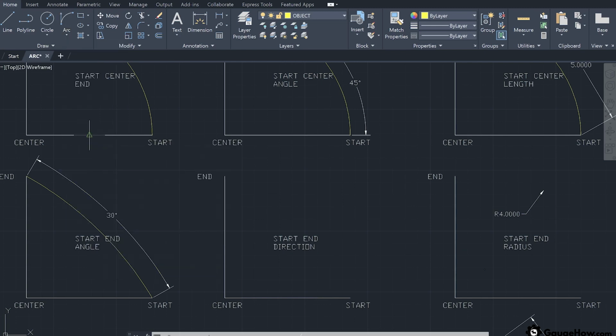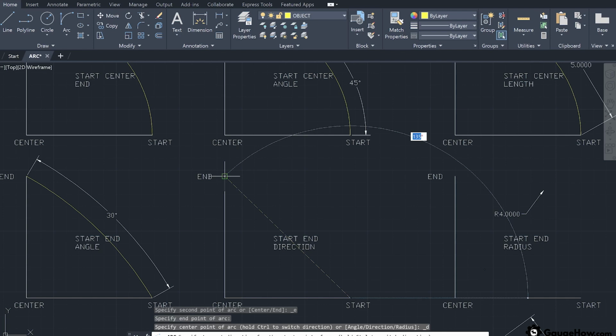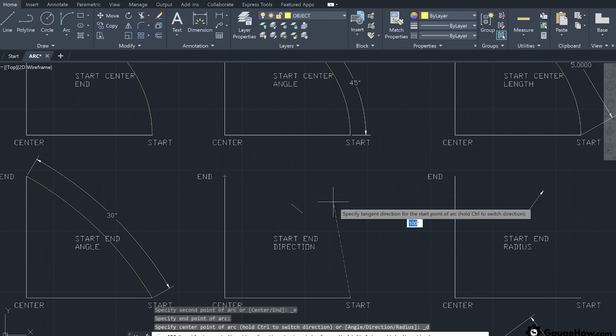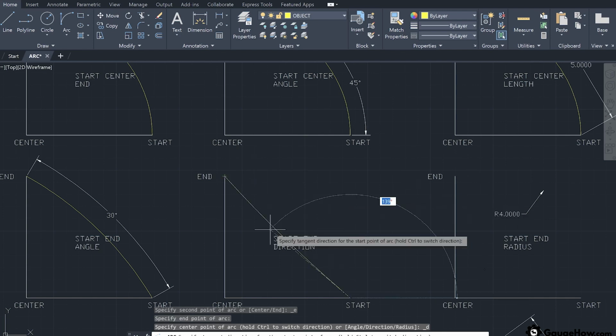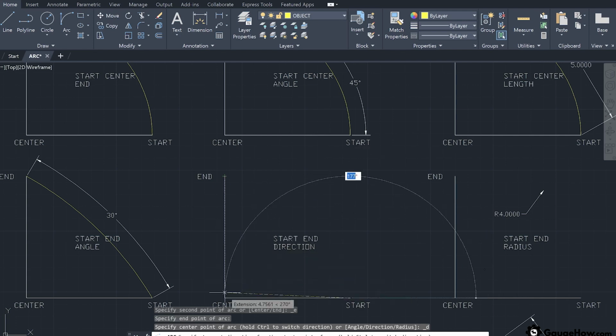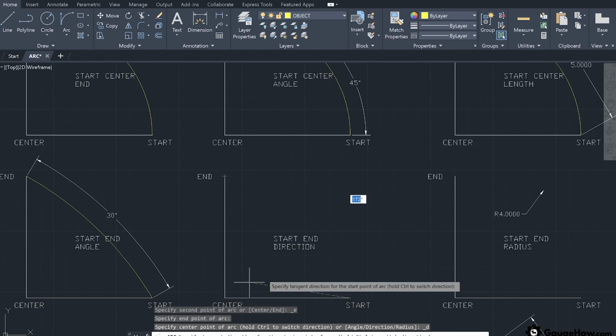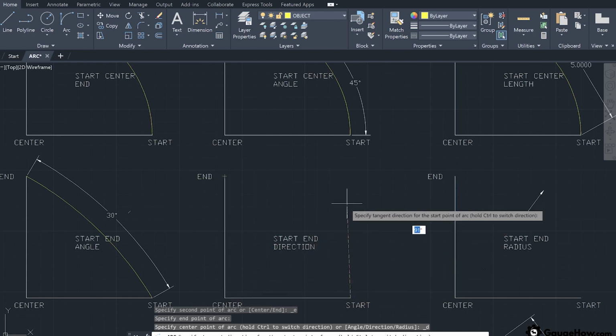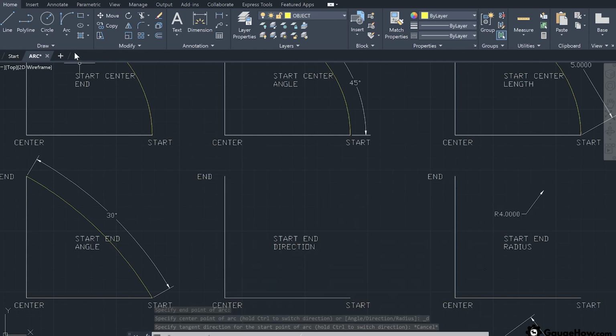Select it. Now select start point, end point, and now the direction in which you want to create the arc. Now suppose we want to create the arc in center direction, and if you want to change the direction opposite to it, then directly you can press the control button and it will automatically change the direction. Select the next option,